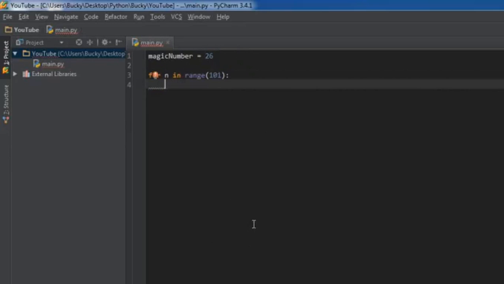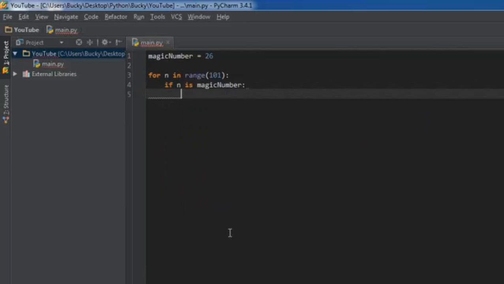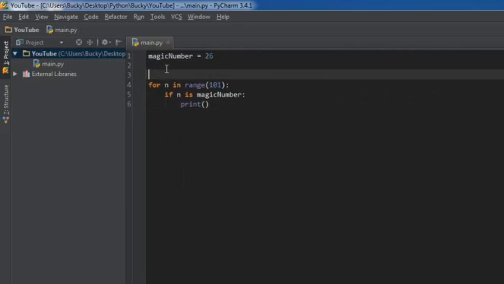Well, now we want to test if n is the magic number. So we make an if statement inside the loop. So if n is magic number, then that means that we found the magic number. So what do we want to do whenever we actually find the magic number? Well, we can just print out print, and I want to show you guys something real quick so this doesn't